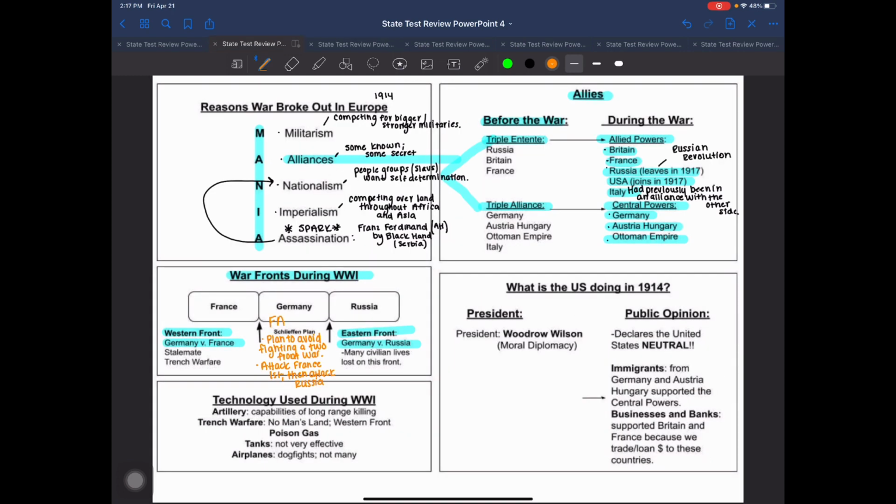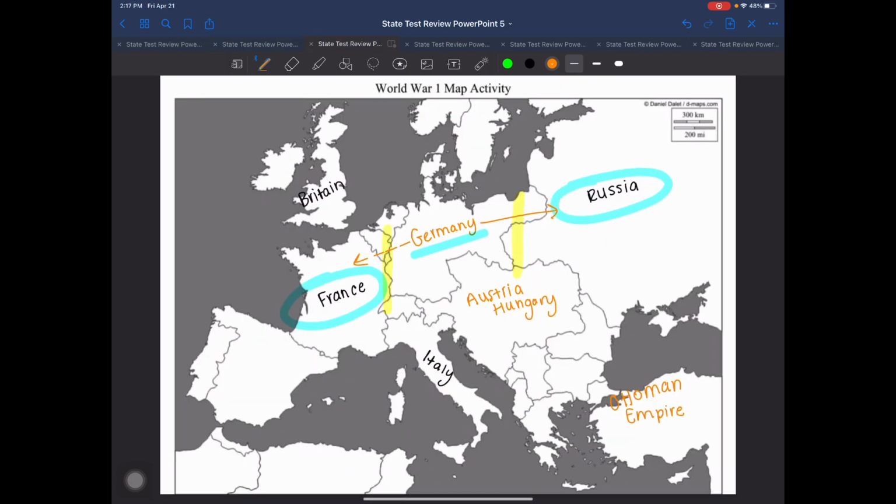All right. You need to know, coming back to this right here, that this plan failed. It failed miserably, and the reason that it failed is because when they fight on the Western Front, right here, okay, on my map, I'm going to label it. They experience a type of warfare called trench warfare, which if you were in class with me, we talked a good deal about this. And if not, if you're from some other school and you're watching this as a review to prepare you for your test, it's worth looking up.